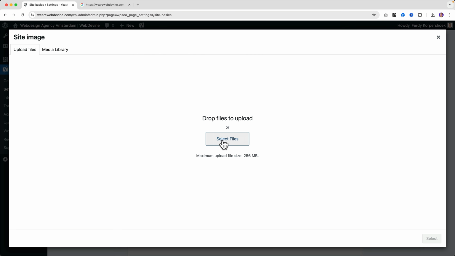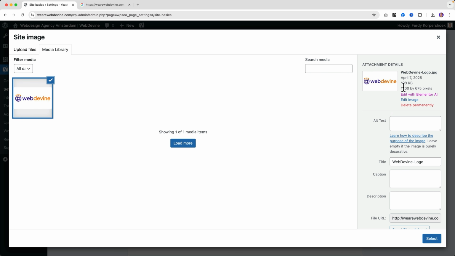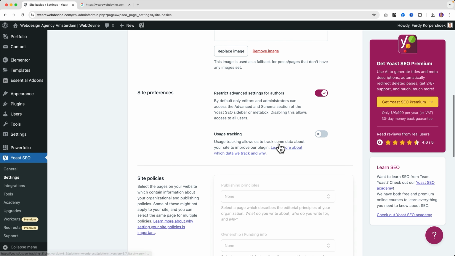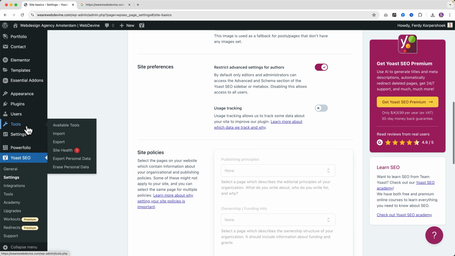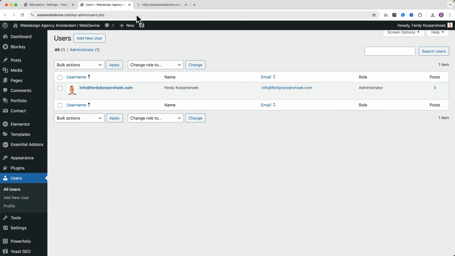So I can upload it by selecting files. And then there's the Web Divine logo, 1200 by 675. There you go. Site preferences, restrict advanced settings for authors. Yes, I want that. If I have other users in my website, right now I have none, but if I have other users like another administrator or an author or an editor,